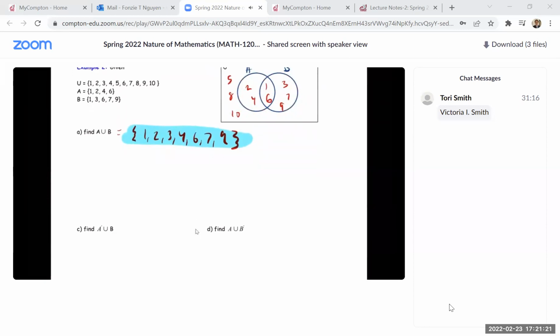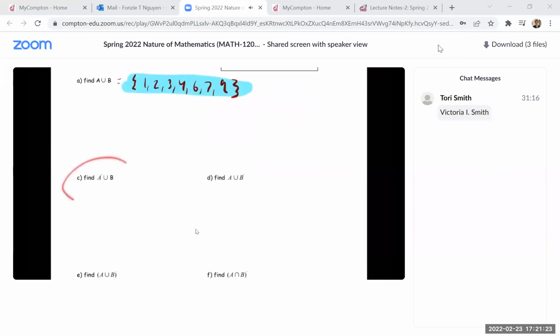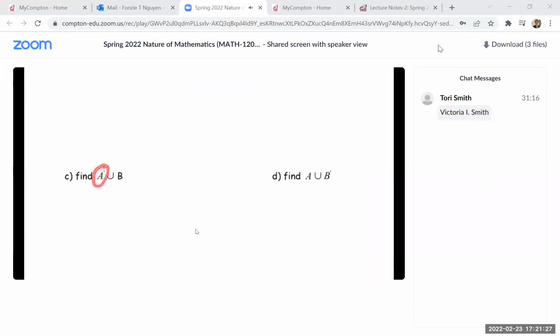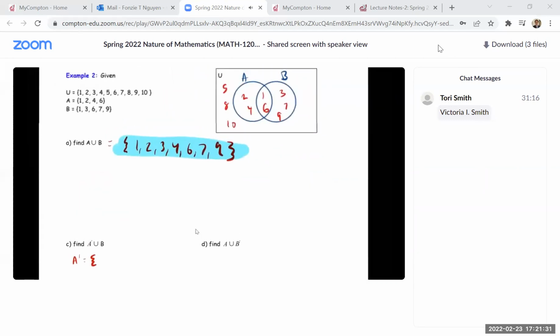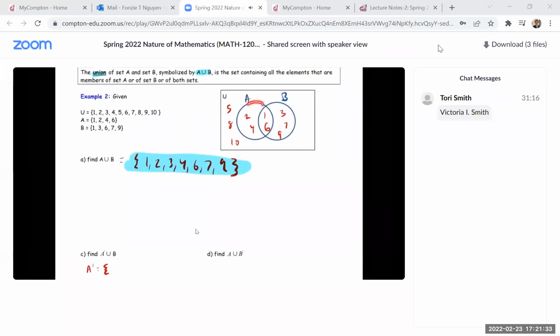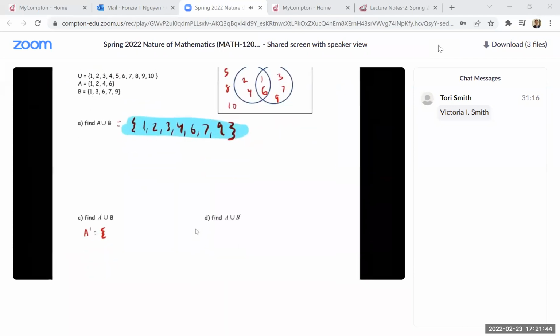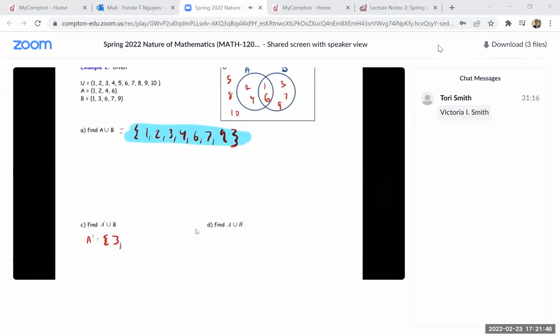All right. Let's just do one more before we take our break. So first thing we have to do is find the complement of A first. So what is an A complement? Anybody know? Everything outside of this circle? 3, 5, 7, 8, 9, 10. Yeah, very good. Everything outside the circle would be 3, 5, 7, 8,